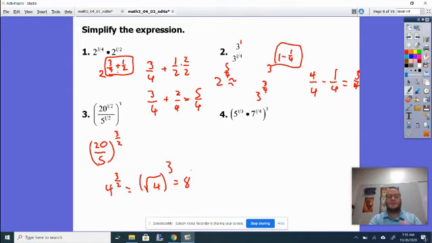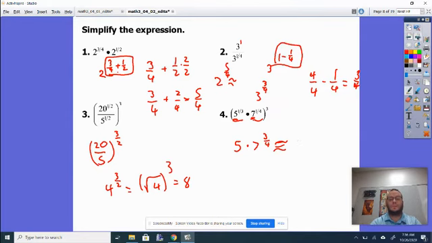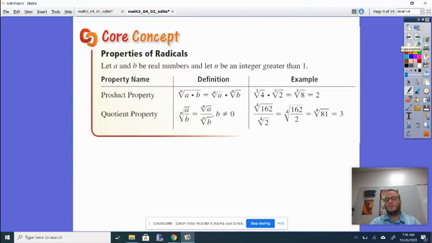Okay, now on this last one, I need to be careful because there's a lot that looks like it can happen. It kind of looks like I have the product rule here, but remember, I need the same base, and I don't have the same base. So really all I'm going to be able to do on this one is 5 to the 1/3 to the 3, which is just 5, times 7 to the 3/4. And then I could throw that in a calculator and get an approximate answer, but that's about all I can really do with that one. Okay,